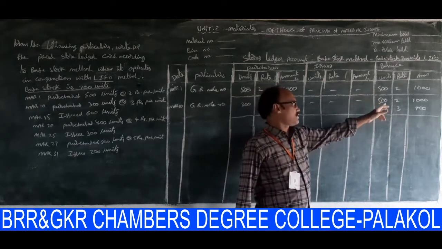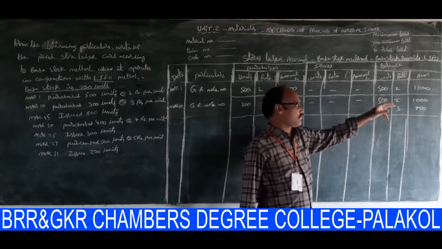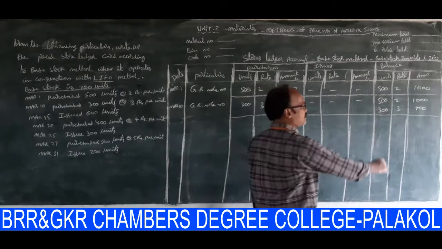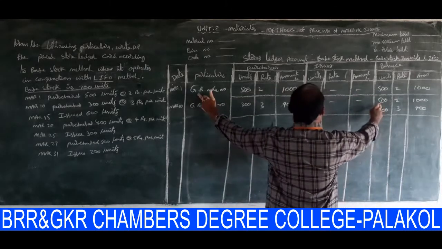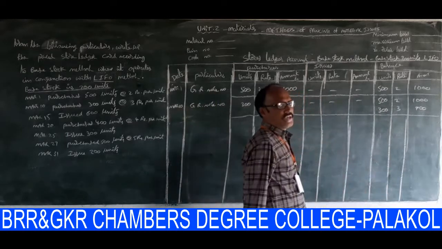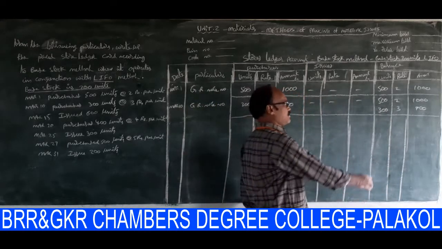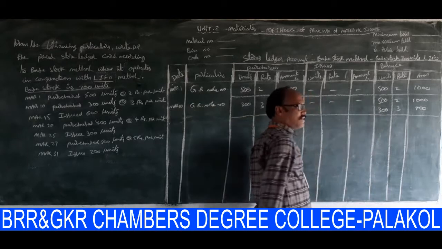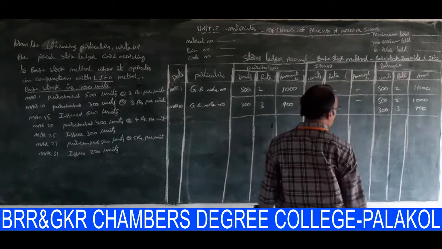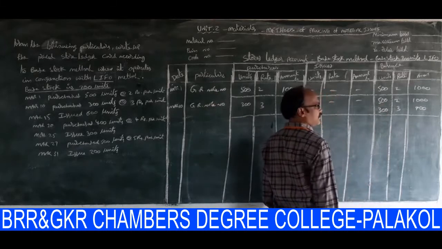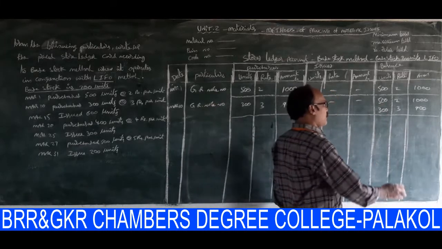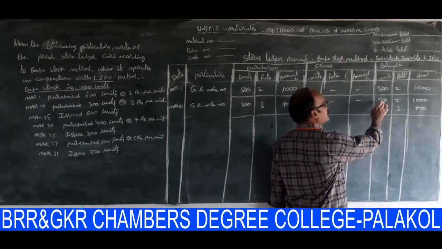Received first this material, 500 units. Then after, we received 300 units. Okay, the 500 units of material purchased on March 1st, the 300 units purchased on March 10th. This is the LIFO method now. So from the LIFO method, whenever the issue is there, first release this one, then after this one.